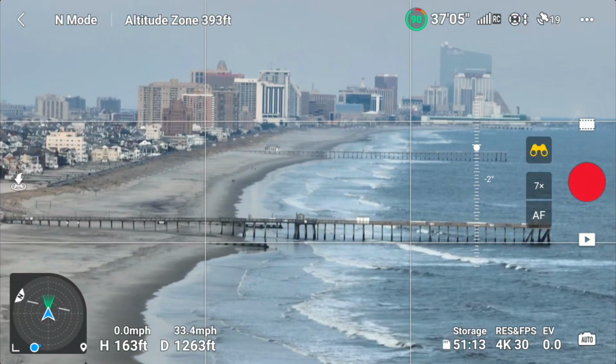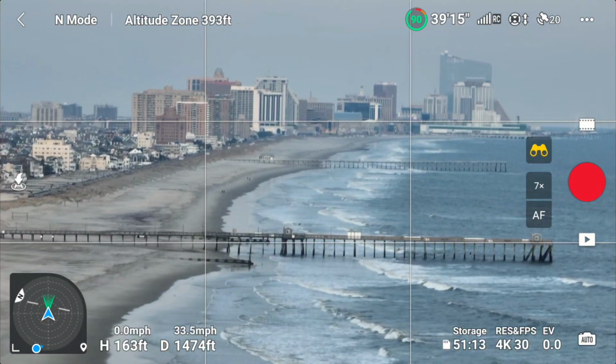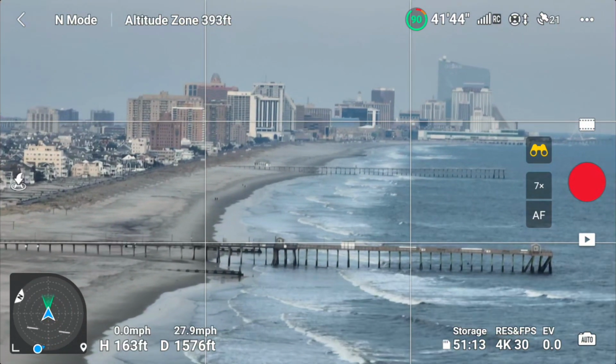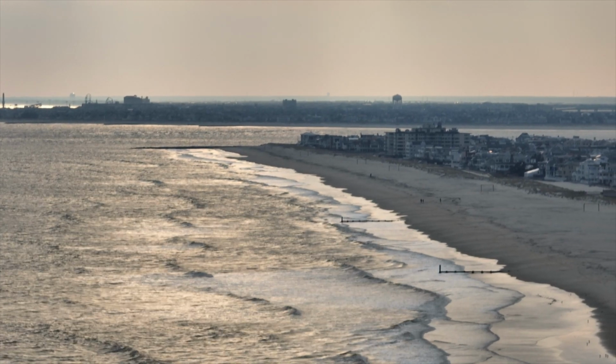So that's Atlantic City you see in the distance, Atlantic City, New Jersey, down there with all the tall buildings. It's the only kind of tall buildings on my island there. Most of that's Class G down there, but I really don't fly down there,